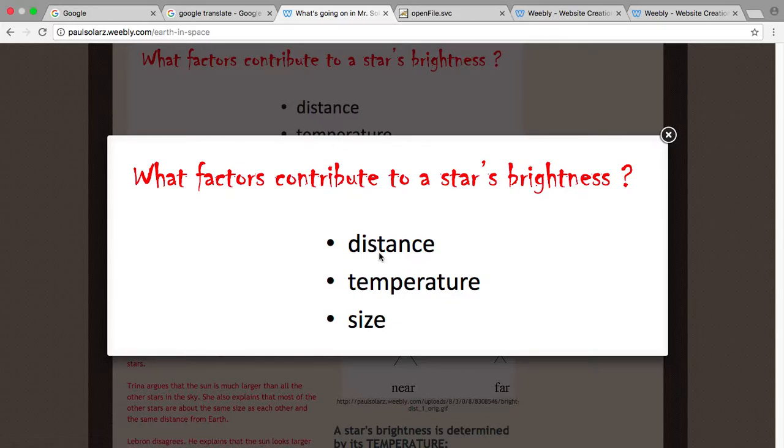The temperature also has something to do with how bright it is, because if it's a lot hotter, it could be a bunch brighter, and you could see it better. The size also contributes to a star's brightness because